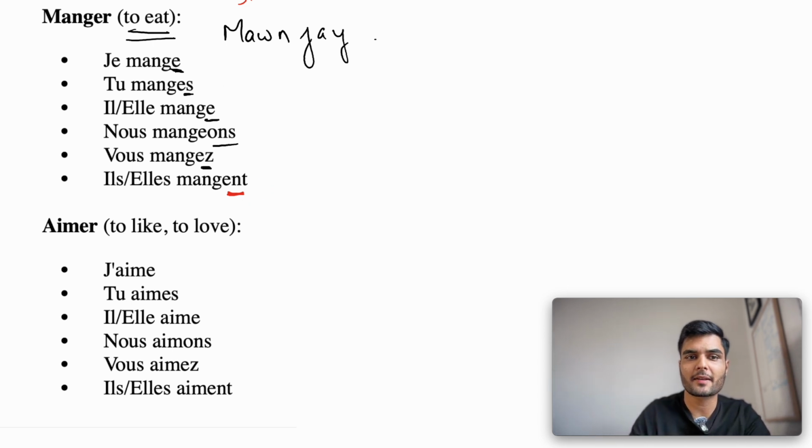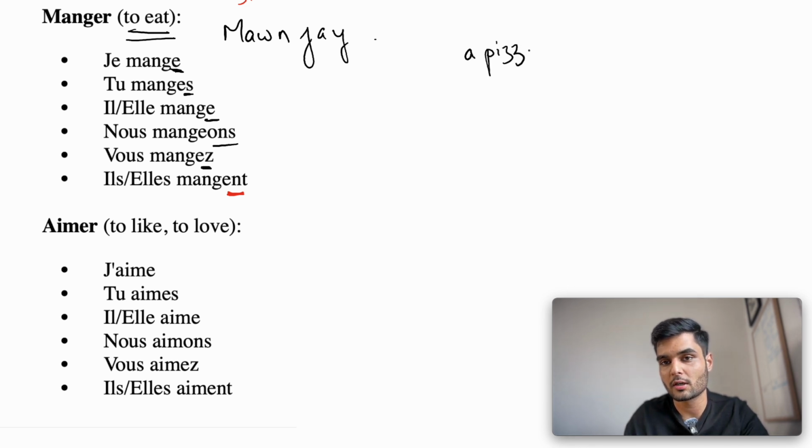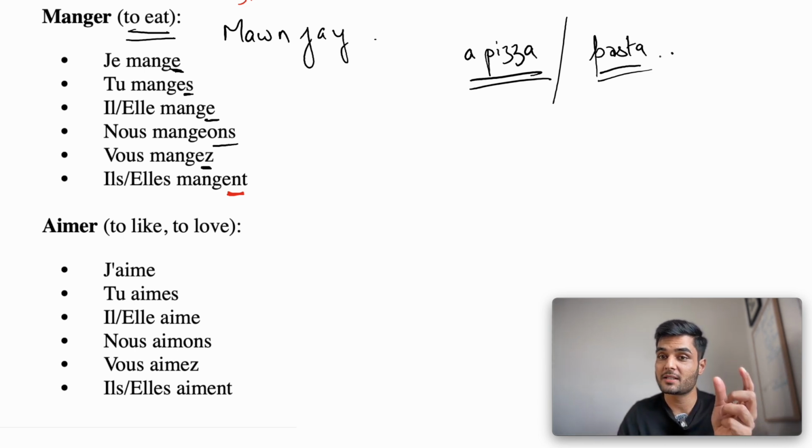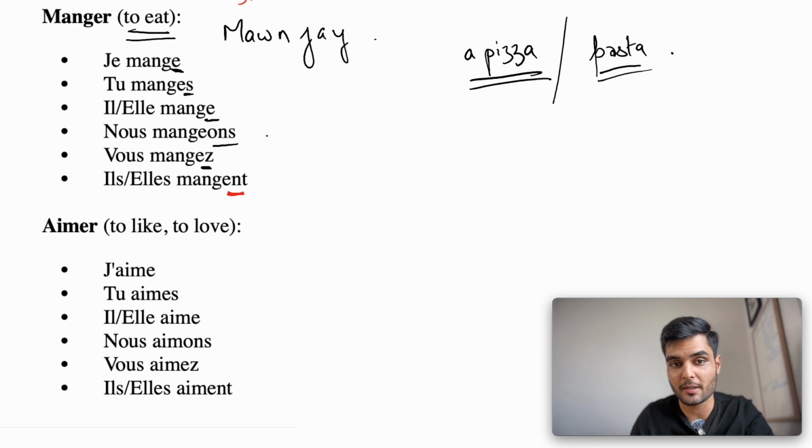If I give some examples, if I want to say we are eating a pizza. A pizza is what? Do you know? Let's take two different examples, a pizza and pasta. We'll try to come up with both of the sentences. We are eating a pizza and then we are eating pasta. So we are eating a pizza will become nous mangeons